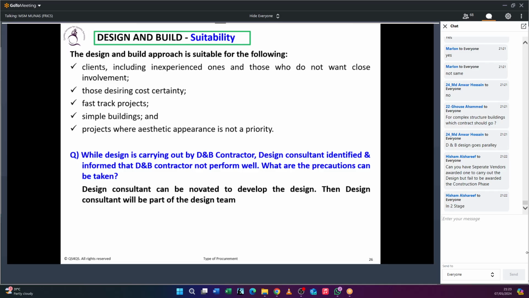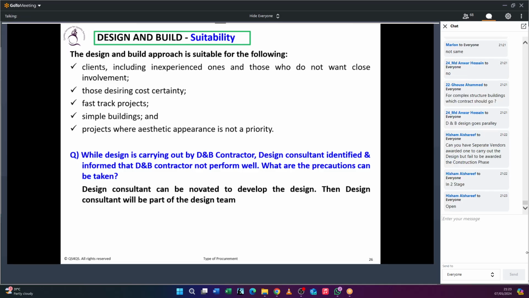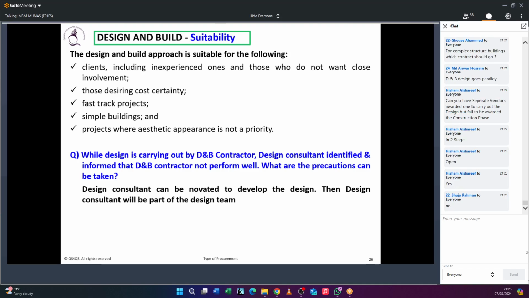So what type of tender will be suitable to do a design and build procurement route? Tell me. Is open tender possible? What do you think? Open to anyone, any contractor, isn't it? Is that workable under the design and build? The contractor must have the buildable knowledge, isn't it? So that's wrong. So single stage selective tender, yes, and the negotiated tender also fine, but not a two stage. So I answered that question too.